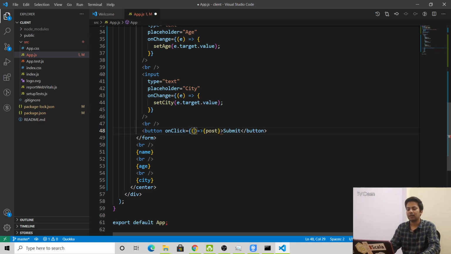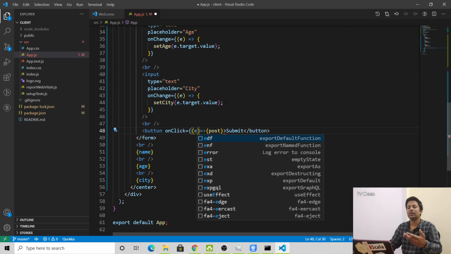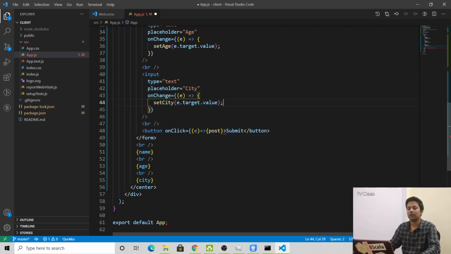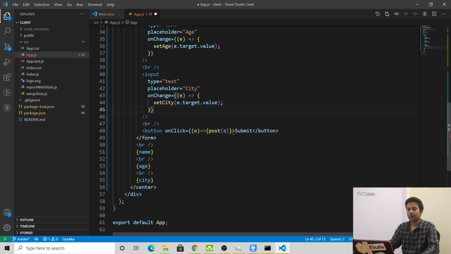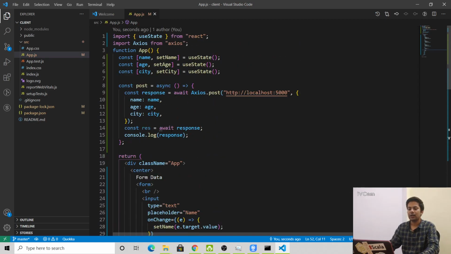So now here we'll pass the event. Oh sorry, I told you everything is an event. Every time you push, it's an event, like target.value. So we are targeting the event, and on post we'll send the event. It's a normal event we are sending on click, and here we'll receive the event and we'll say